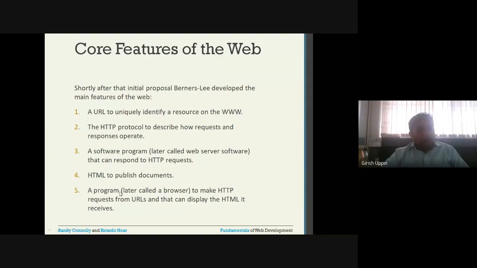What is a browser? A browser is where you can send a request. First, let us see what is the meaning of sending a request. Let's say you want to access Gmail. You will type the Gmail URL, and you hit enter. The request will be sent to the Gmail server through the HTTP protocol.